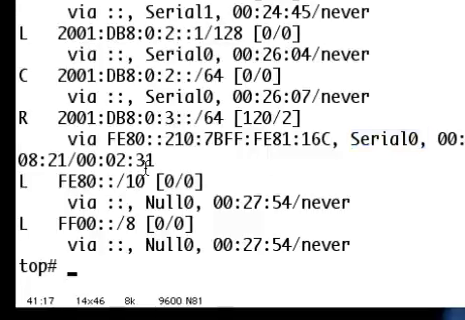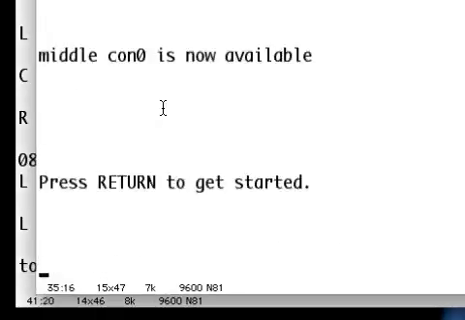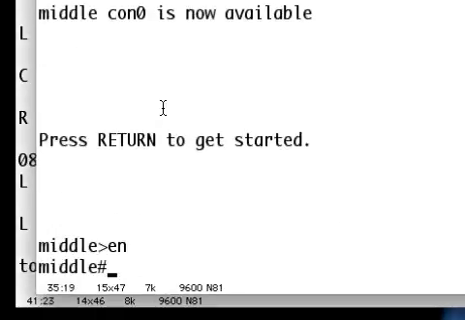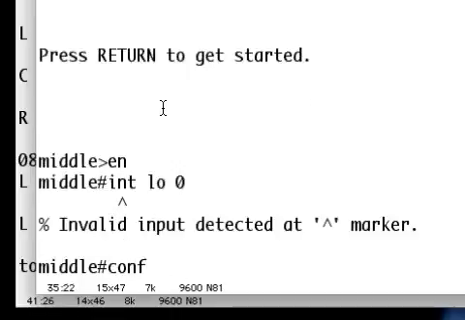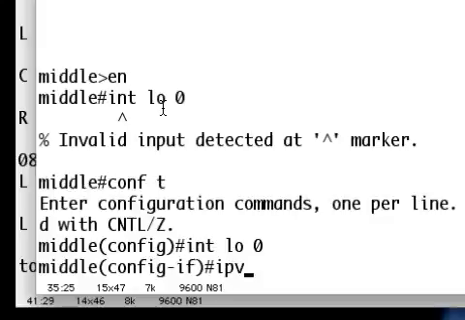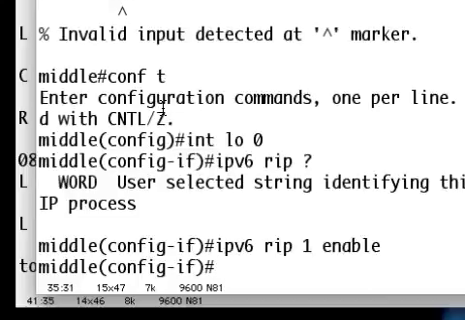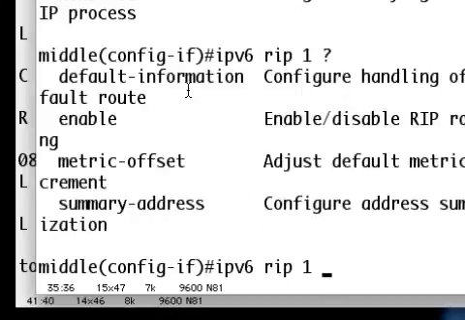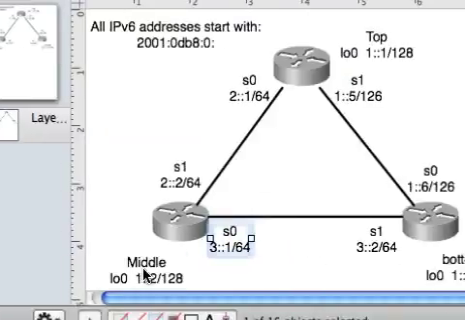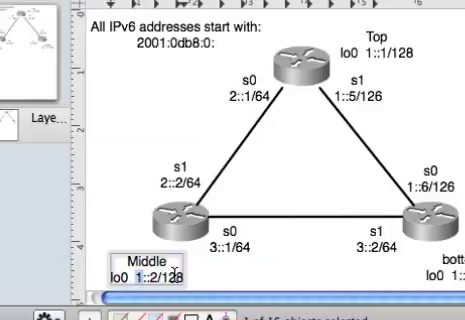Okay, let's finish the routing domain. So the middle router, conft, int lo0, IPv6 RIP 1 enable. With IPv6 RIP 1, I could originate a default route, I could offset the metric, I could summarize with a summary address, I can enable or disable. There's no passive interface here. I would like a passive interface on this because it's a loopback. I need to enable it in the routing protocol so that I advertise the route out to my other routers, but